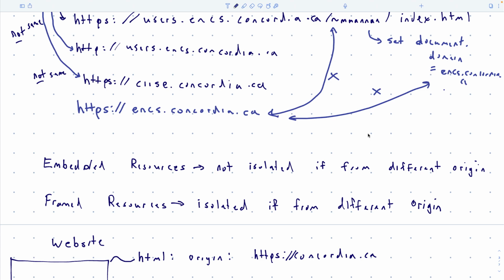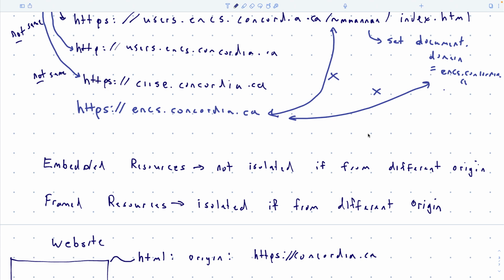Is it always necessary to have the same origin for the two websites? So it depends. In some cases you want it, in some cases you don't. The reason you don't want it is usually because of some security reason. You don't want these two domains seeing each other, reading and writing each other's stuff. The main reason you want it is because you're trying to build a website and your scripts are coming from some place and other stuff's coming from other places and you need it all to interoperate.